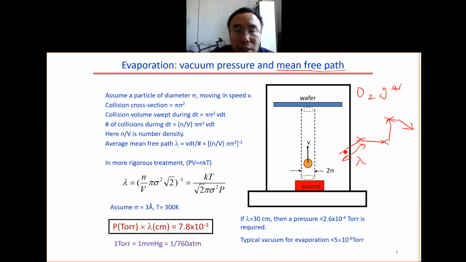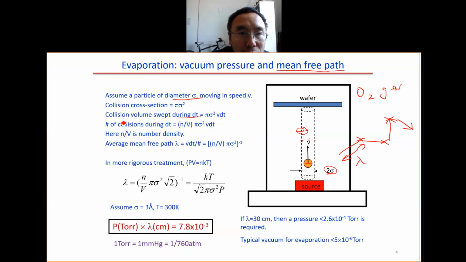Now we can estimate the mean free path. Here we assume the diameter is sigma, and the other gas molecule's diameter is also sigma. As you can see, within the cylinder of diameter 2 sigma, every molecule that is inside here will collide. So the diameter is twice the diameter of this particle, because the other particle also has a diameter of sigma. So during time